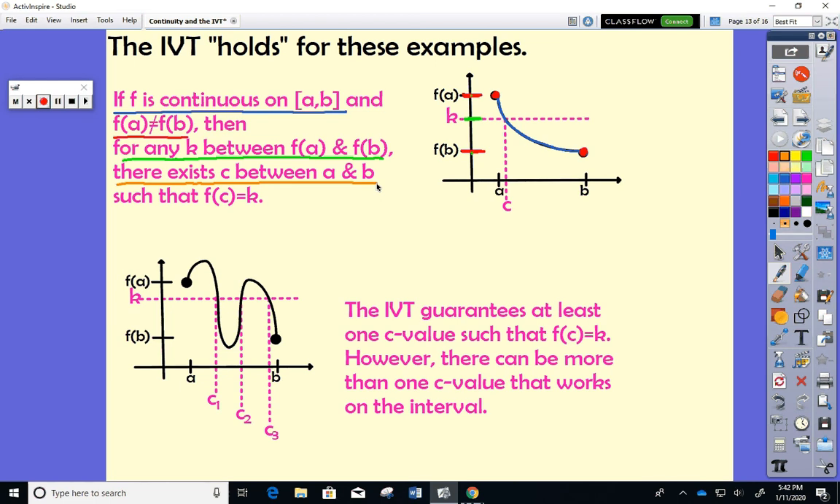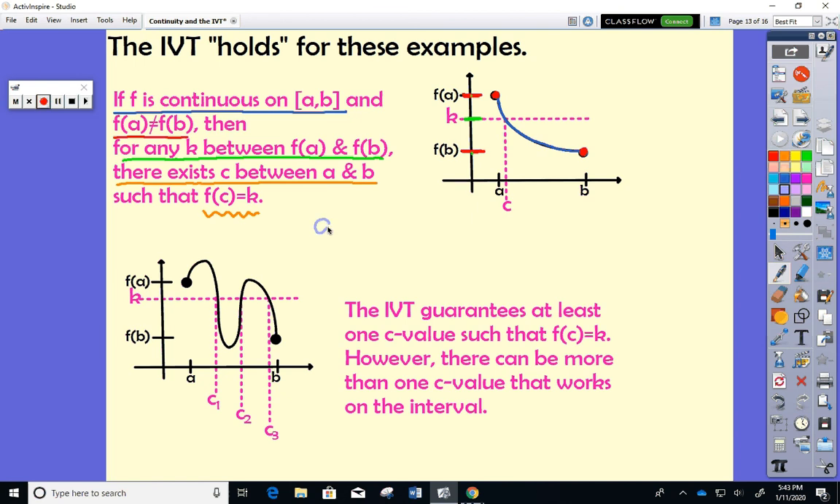All right, well, a and b, guys, are x's. So now I'm saying there exists an x value, which we'll say is x equals c, that falls on the x-axis between a and b, such that f of c equals k. Okay, what this is saying, in other words, in everyday words,